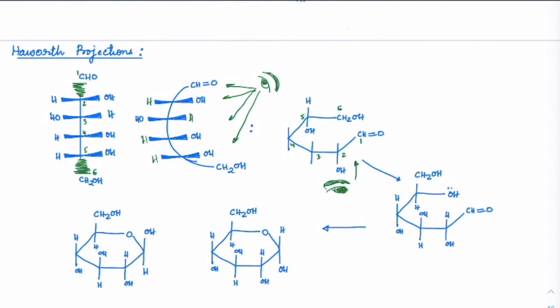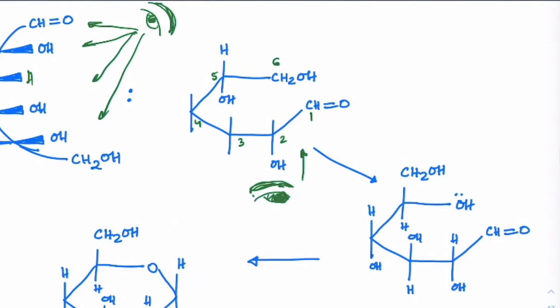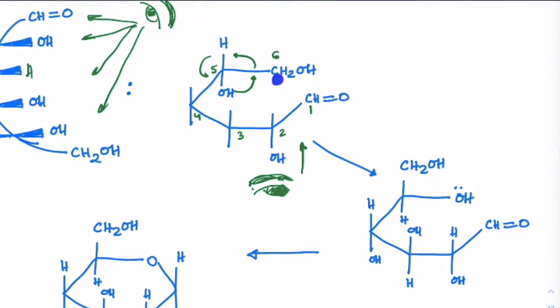Please focus everyone. This is important now. How to draw the Haworth projections. In cyclization, we have seen that this OH was getting connected with this carbon. That's how a cycle is formed. The fifth carbon's OH, as an alcohol, is attacking CHO to form the hemiacetal. So to make sure this OH comes in the plane of CHO, I am rotating this anti-clockwise. If I rotate these three anti-clockwise with respect to this carbon, what do I get? I'll get CH2OH up, OH on this side and H down.